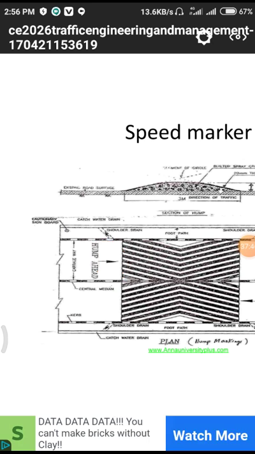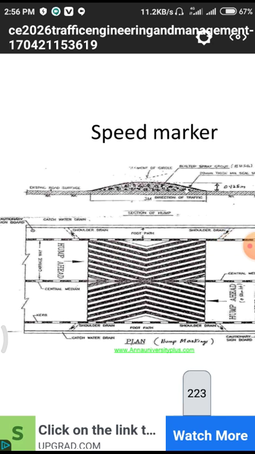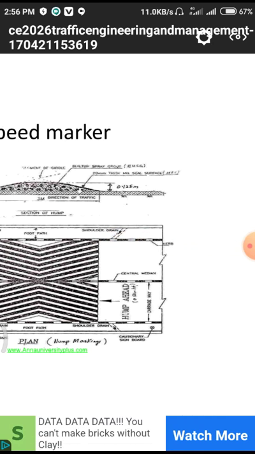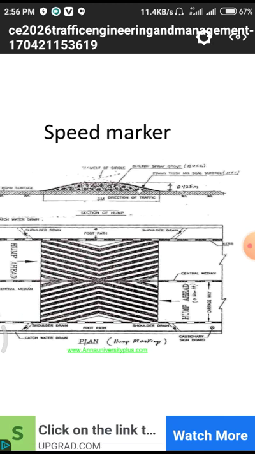That means hump ahead means there may be some increment of the road. Here also they are representing hump ahead. That means an increment of the road is there, so that you need to move in a proper way. It is a footpath. After that the road has some footpaths. Whenever a person wants to cross the road, they have to use these footpaths.